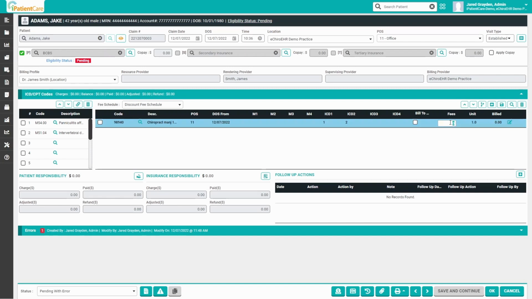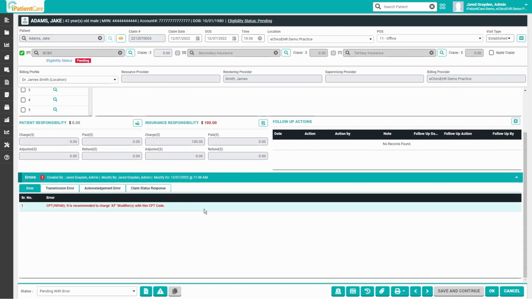So you might go through here. In this case, we'll just put in a sample fee of $100 for that charge. Down below, there'll be errors that a biller can work through. They can even, once correcting those errors, click on this check errors button to make sure those errors have been